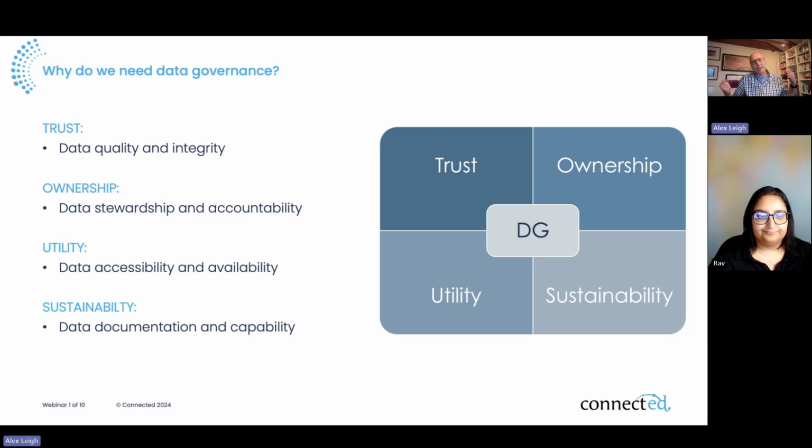Nothing is more toxic in data management and data governance than unreconciled data sources, where somebody comes into a meeting and says, well, I've got 9, and somebody says, I've got 6, and we spend the whole meeting talking about whose data is correct. So when we talk about utility, we're really talking about the ability for data to